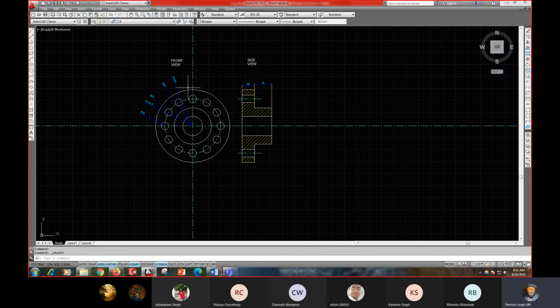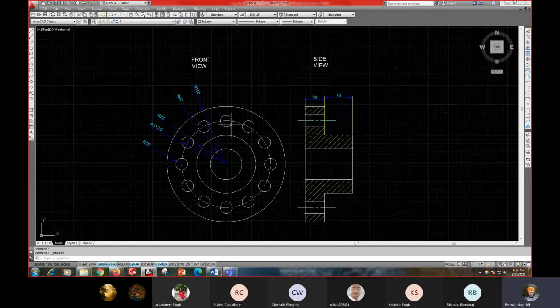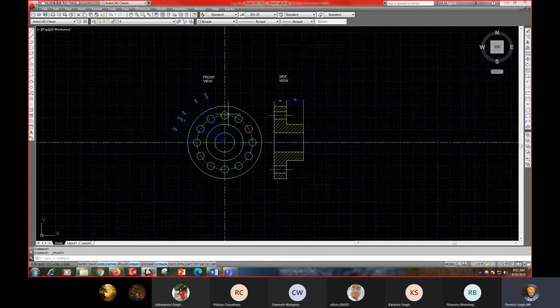Okay, the flange coupling part, side view and the front view.